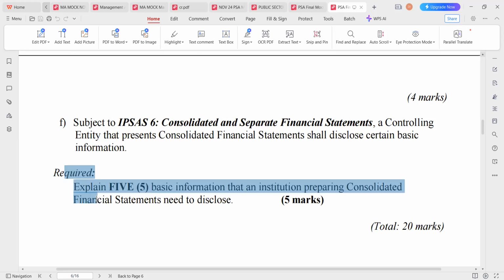Oh, this one. It has dropped before. It's also known as the notes, the disclosure requirement. So here they are talking about accounting policies, evaluation of assets, whether accrual basis or cash basis, and a note on IPSAS that the financial statement is being prepared using IPSAS. Number 3, useful life of the assets, depreciation basis. These are the 5 pieces of information you must disclose. So take notice of them.